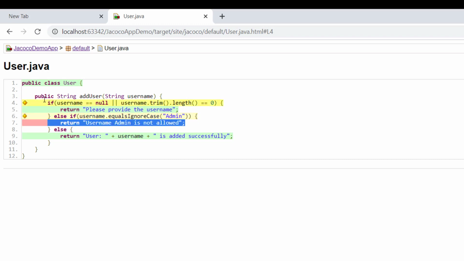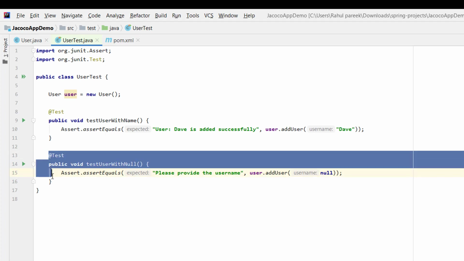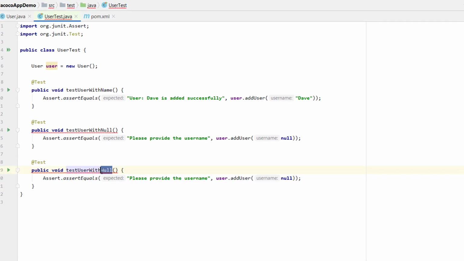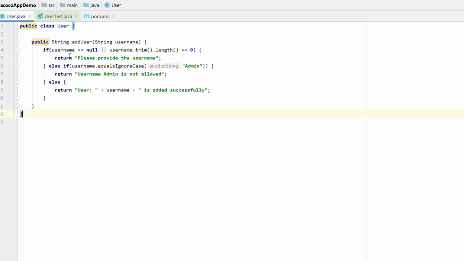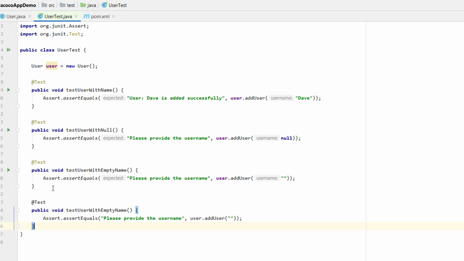So now what we do is add some more test cases. Let me add one test case for user with empty name. For this I am just providing this empty name, and for the empty one we are expecting the same, please provide the username. Then let me write one more test case for the admin user, with the admin name.